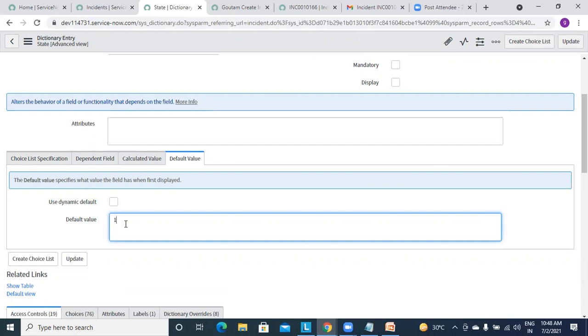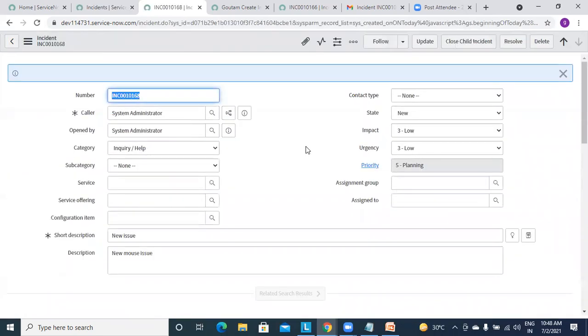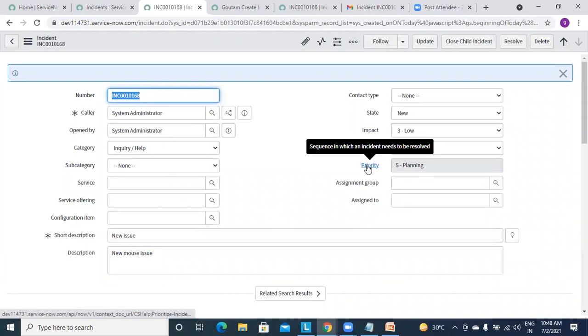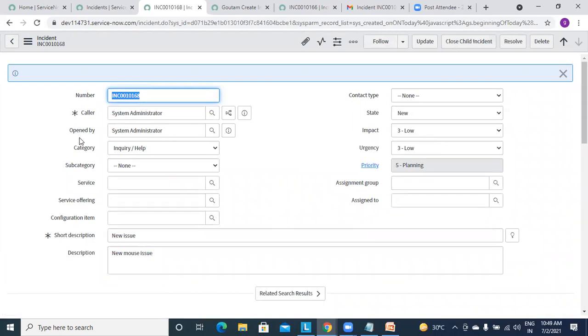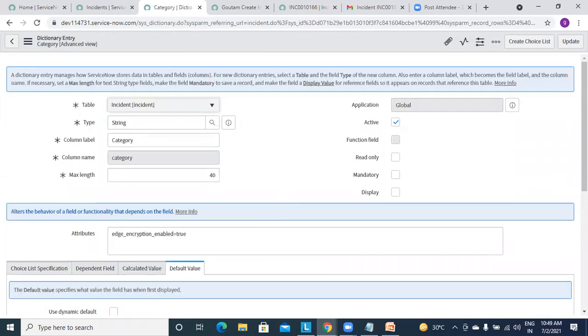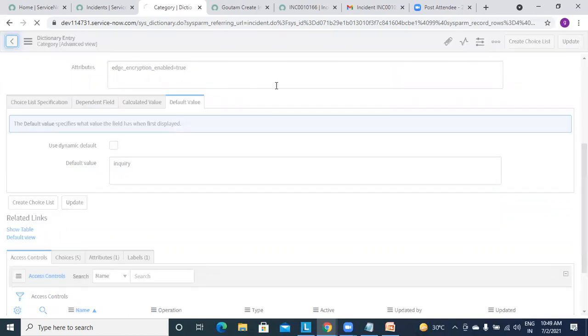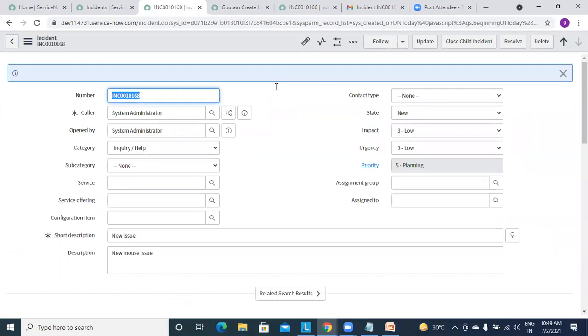Value 1 is for new, so by default it will be in new state even if you don't give anything. Same with priority, and same with category also. We will check category also, like what is the default, and because of this it was setting this one. Here you can see default value is inquiry. So that is why it is setting inquiry as the default category. So clear? Are you clear with email inbound action and about these default fields also?